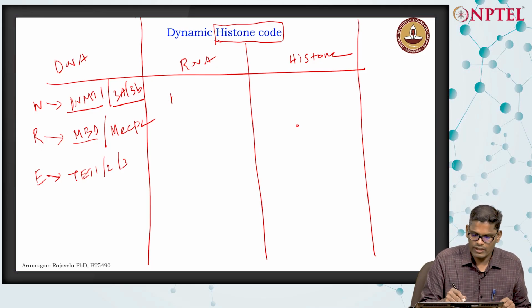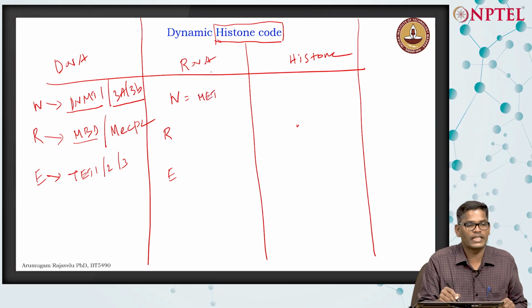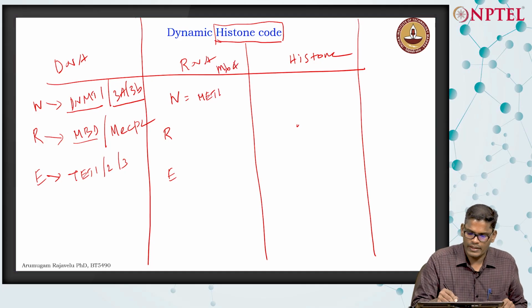Coming to RNA: writer, reader, and eraser. Writer is METTL, right? In this case, I am talking about m6A. METTL3 and METTL14, where 3 is the catalytic component, 14